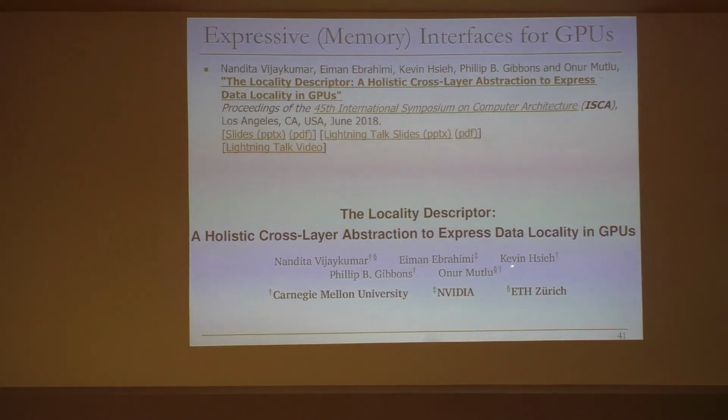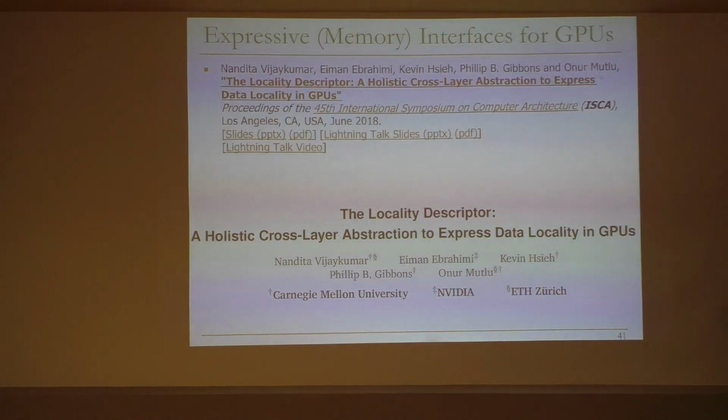This one's on GPUs. It's much more specific, and it's much more specific to the locality. But this is one example of these expressive interfaces where semantic information about the locality of data structures, locality of accesses from different threads can be communicated to the hardware. And this paper actually shows that you can get significant performance improvements if you communicate locality characteristics of different data structures and different threads